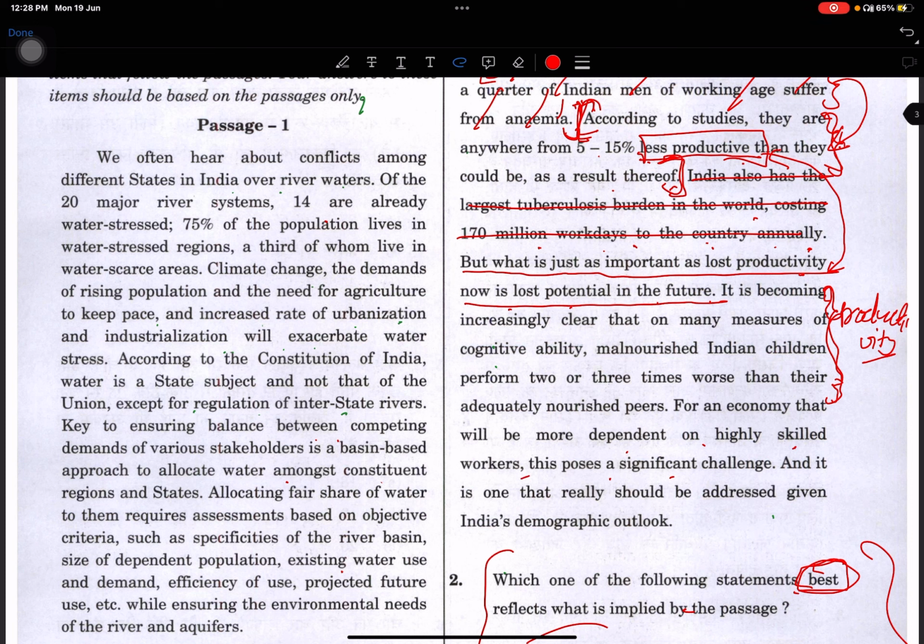workers, this poses a significant challenge. Remember, there is an option for a skilled workforce. So we will keep this line in our mind, and it is one that really should be addressed given India's demographic outlook. Okay, before going to step 3, remember one thing,